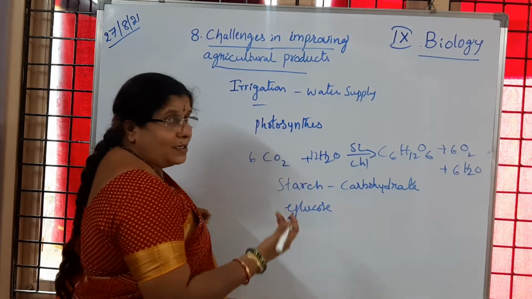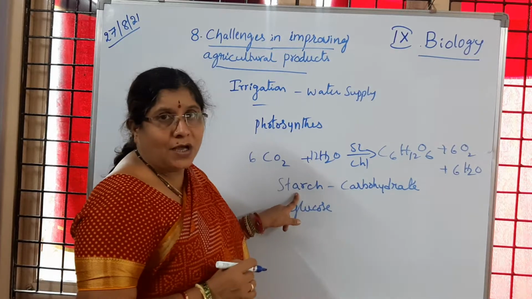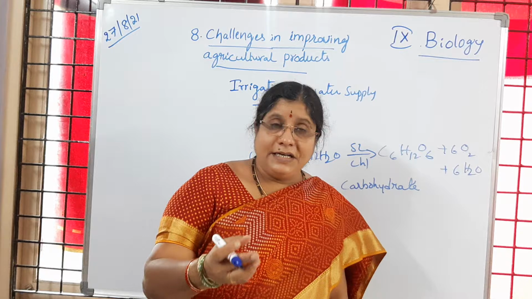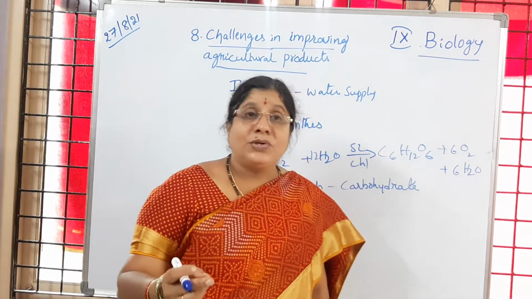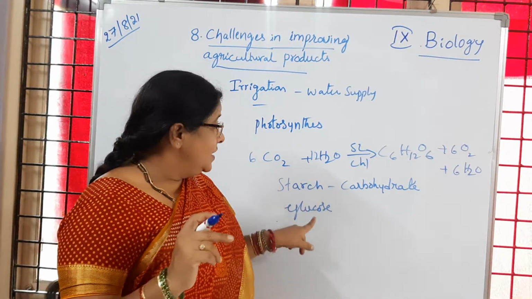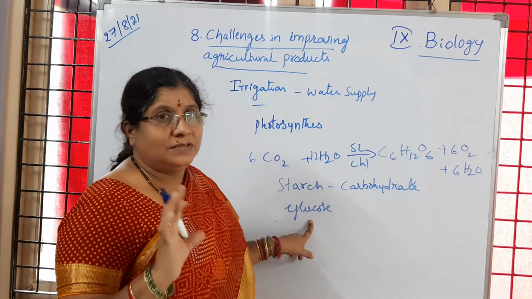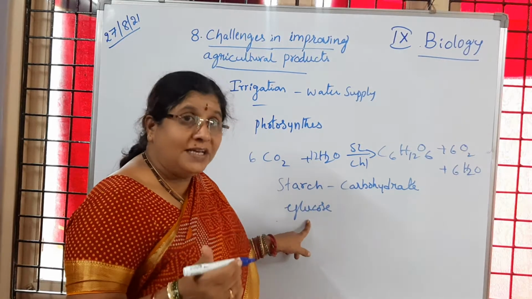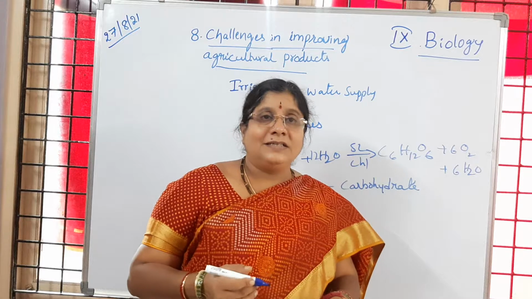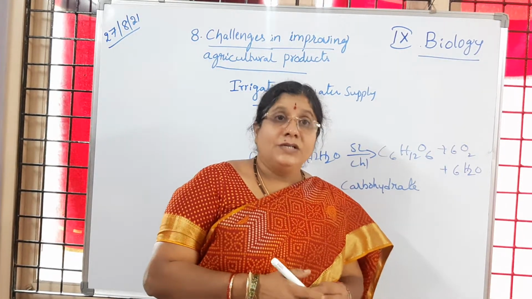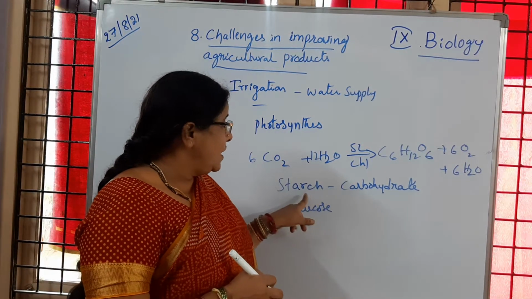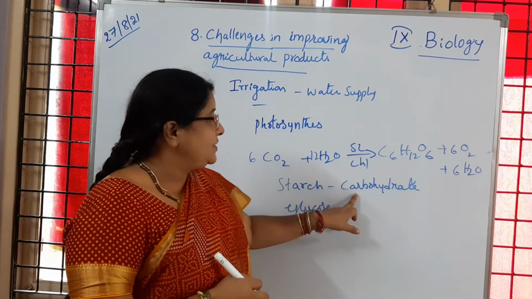Glucose is soluble in water, so it will be converted to starch, which is stored in different parts of the plants, like in grains, fruits and vegetables. Have you followed? Glucose is present in fruits. Is it clear to you? Glucose is soluble in water, so if it stays soluble, we cannot get food, children, and our plant also cannot survive. So glucose is immediately converted to insoluble starch, which is said to be a carbohydrate.